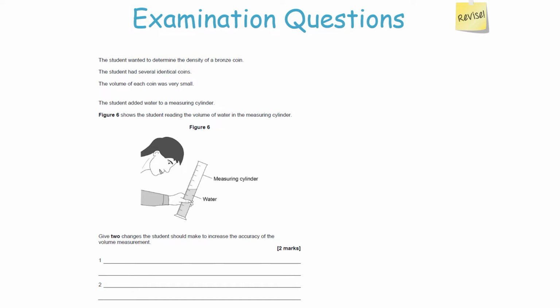Well, it's very clear that the student wants to work out the volume of the coin by using the displacement method. So by measuring the volume of the water beforehand, placing the object fully into the water, and then measuring the change in the water level, as that is the volume of the substance placed in it. But how do you get an accurate volume measurement via this method? Well, we've already mentioned the 2 ways in which you've always got to state you would do this to get